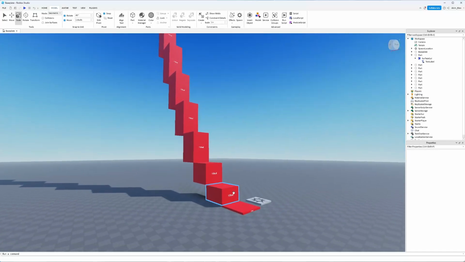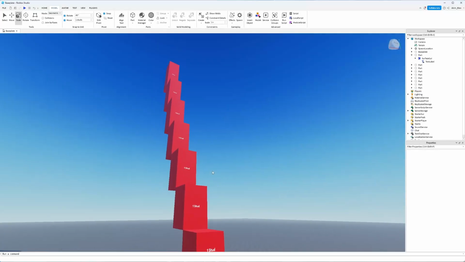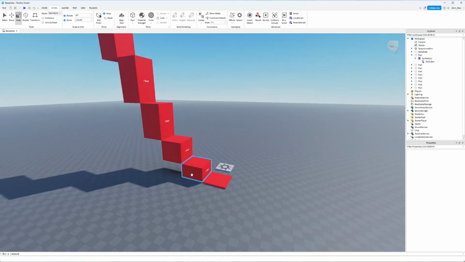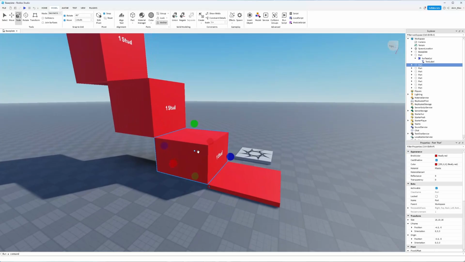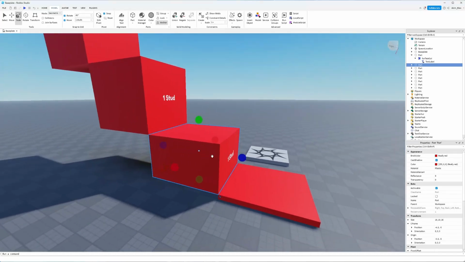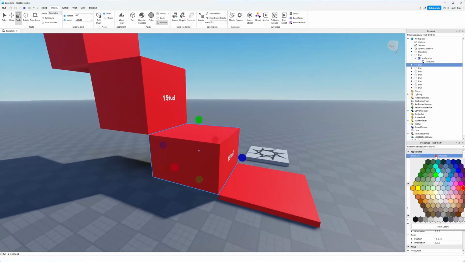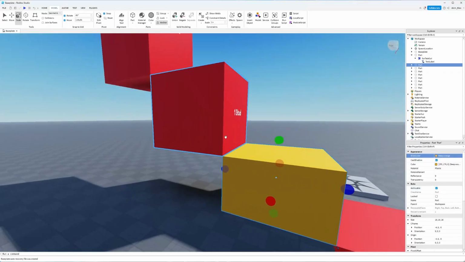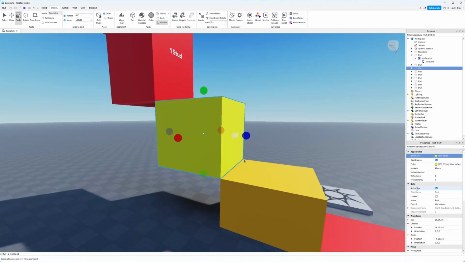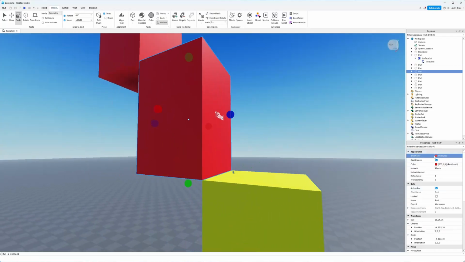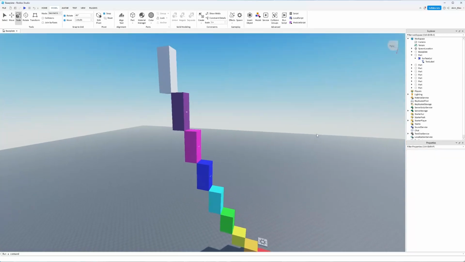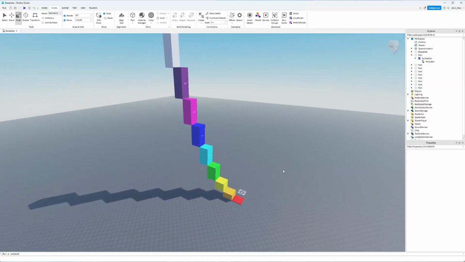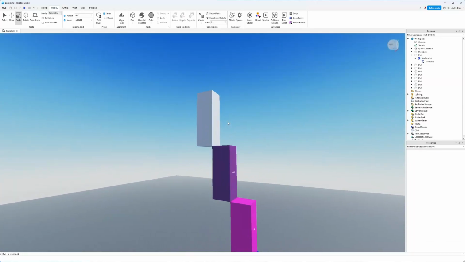All that's left to do now is to change the text on each of them, and I'm also going to give them some color. So I'm going to change the color of each part to be a rainbow. I'm going to select this 5 stud part down here, 10 studs, and go to the brick color, and change that to a nice orange. And we're going to do the same over here. The brick color can be yellow, this one can be green, this one can be light blue. There are all of our platforms,